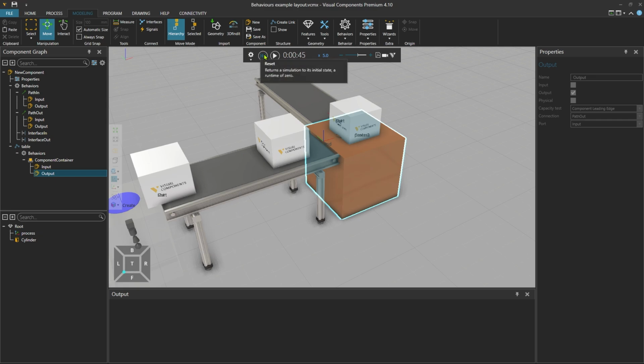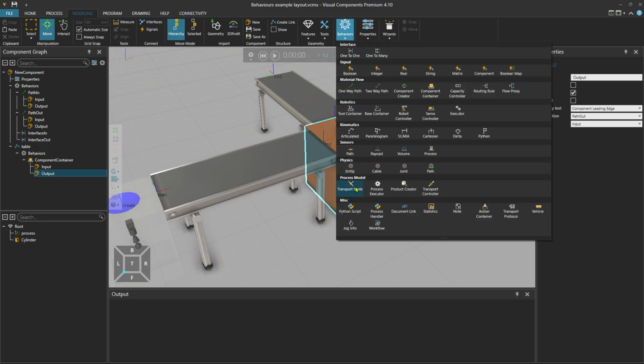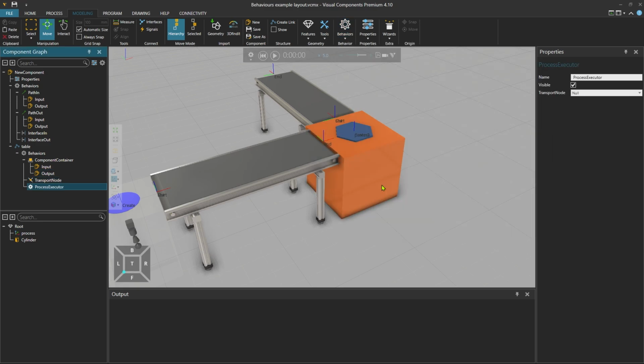So then resetting the simulation, to add simple logic or PLC to this component, let's add two more behaviors. So from Behaviors, select Transport Node, and then Process Executor. The Transport Node behavior is the location where products can be routed in and out using the Process Flow Editor.